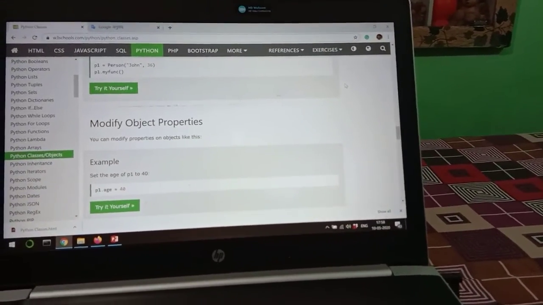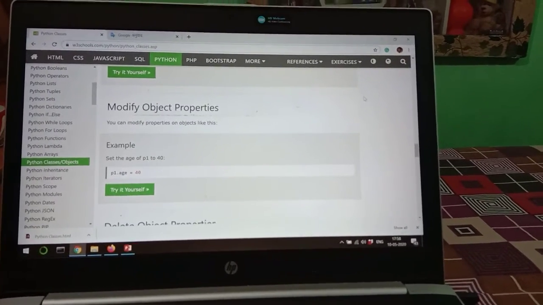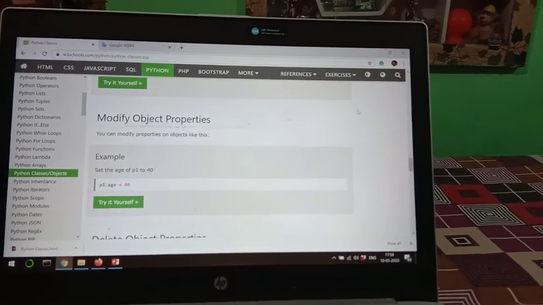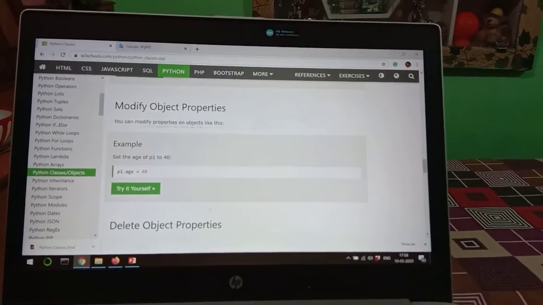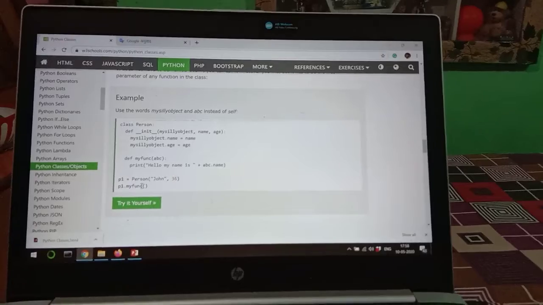Further, we can modify the object property. You can modify a property of an object like this: set the age of p1 equal to 40. Initially we have taken age equals 36.